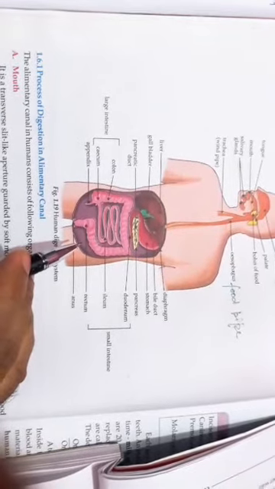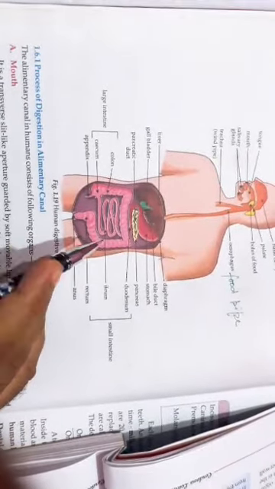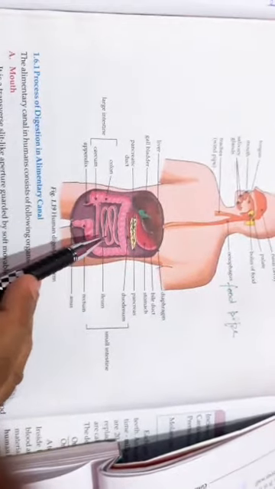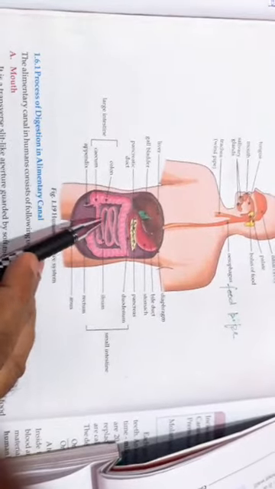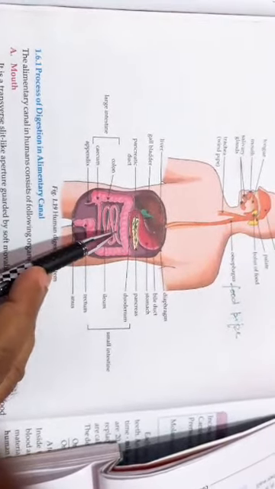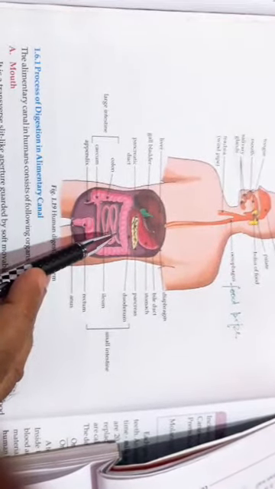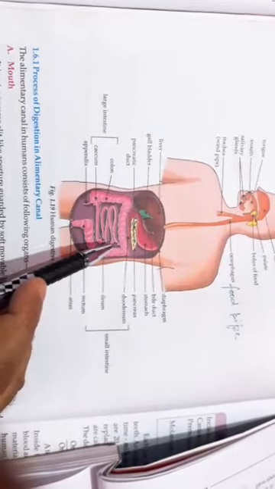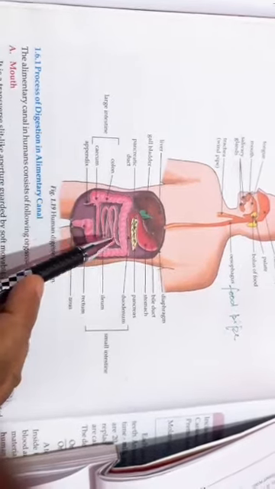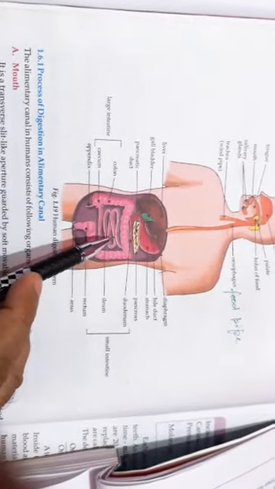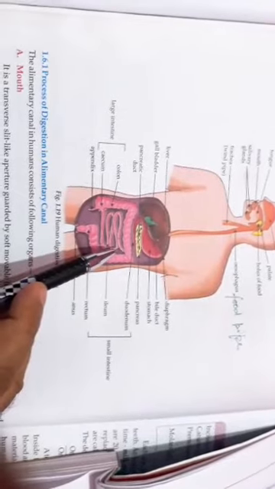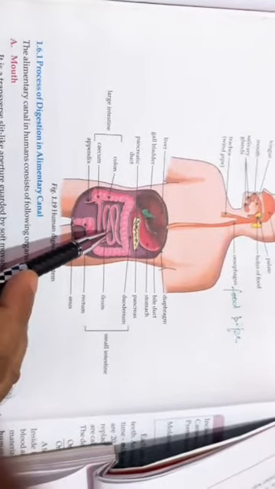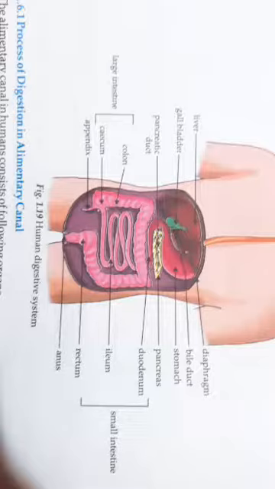In this video we are going to read about the small intestine. As you are seeing in the picture, this is the small intestine. It is a coiled tube just beneath the stomach, and different parts of the small intestine have different names. But before that, our small intestine is 6 to 7 meters long. That is, the length of the small intestine is 6 to 7 meters, and the diameter of the small intestine is 2.5 to 3.5 centimeters.